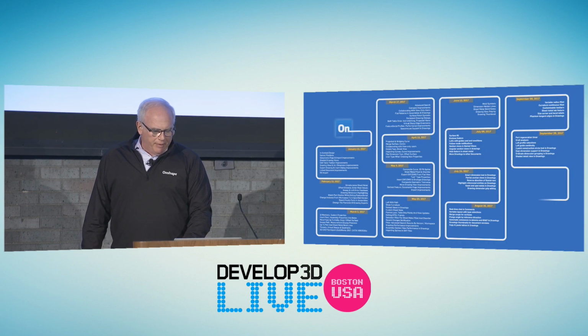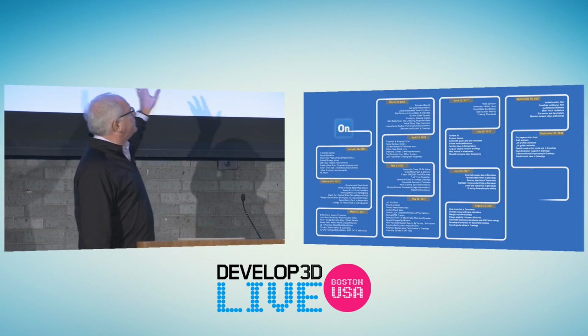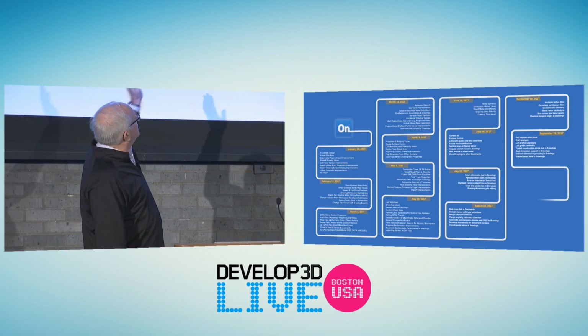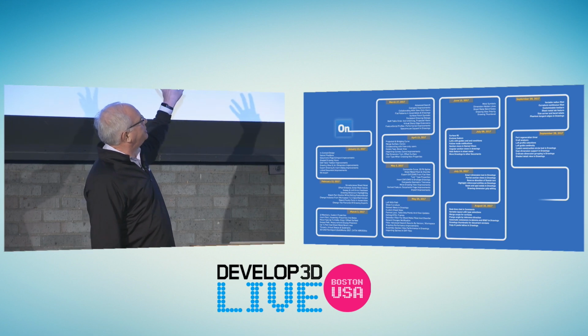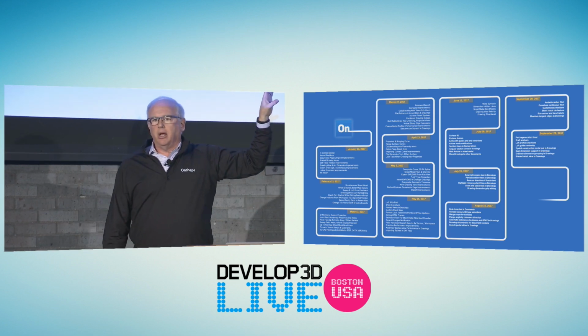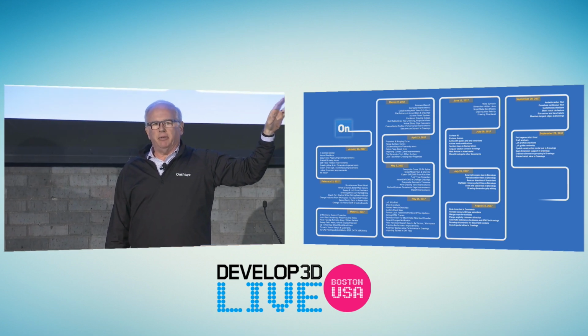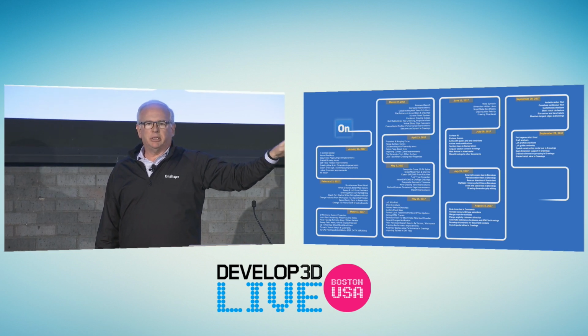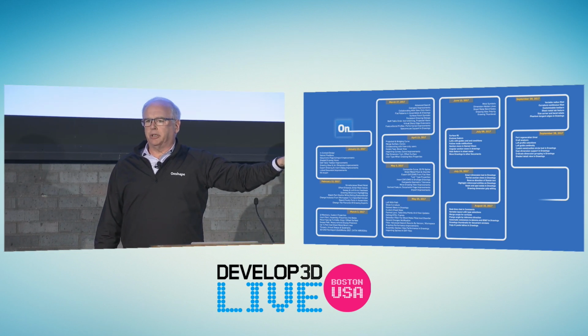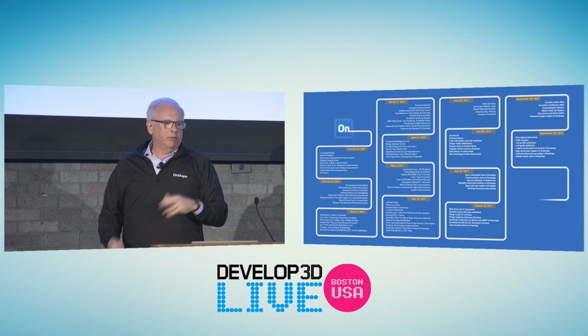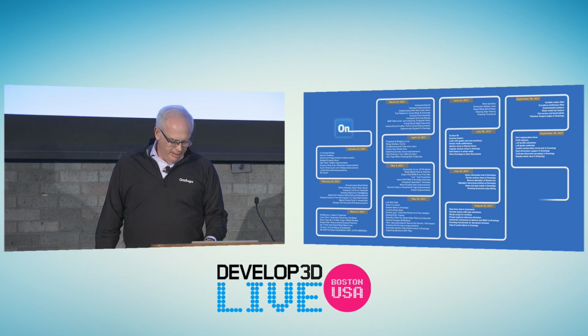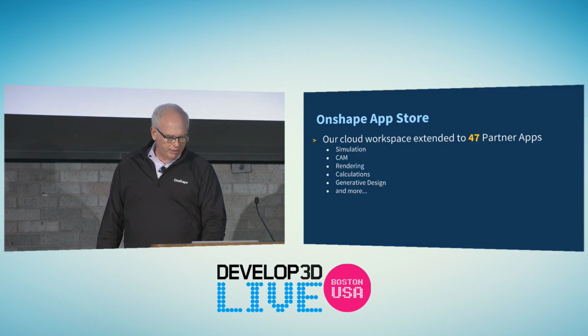But if we had time, I'd show you some of the many features we've added this year. This table shows just the features that come out each release during the year 2017. We are the fastest evolving CAD product on the market. Releases every 3 weeks, major functionality, and everyone in the world is instantly on the new version. There's never a need to think about upgrading or which version I'm on or something like that. You're never going to have an experience with Onshape of someone having the wrong version of software or files.